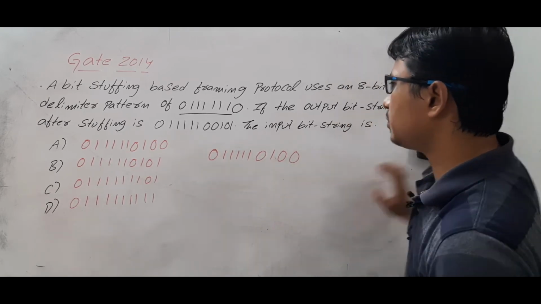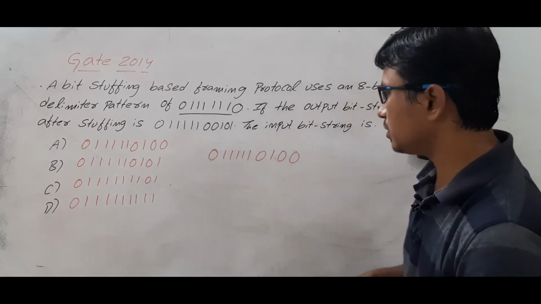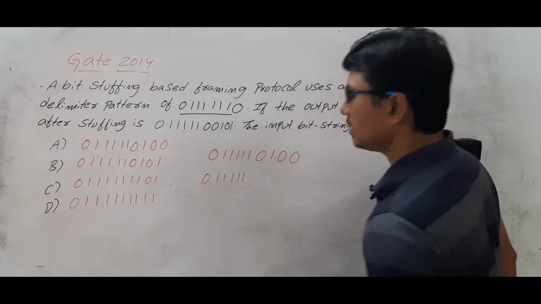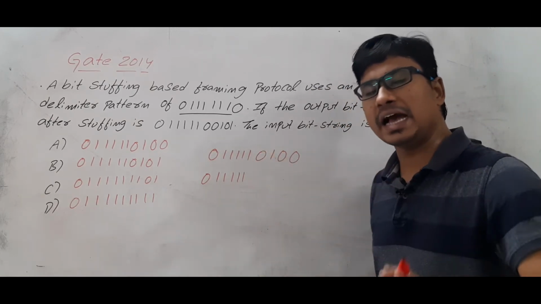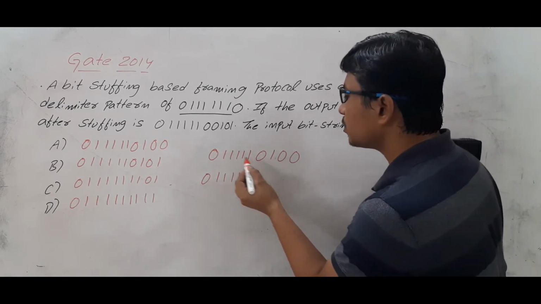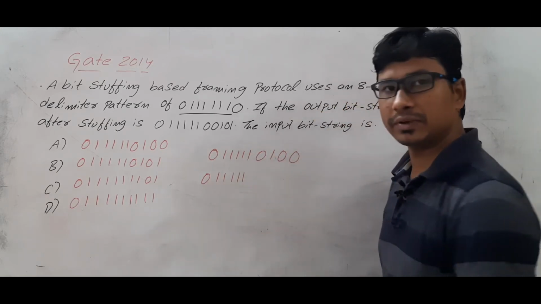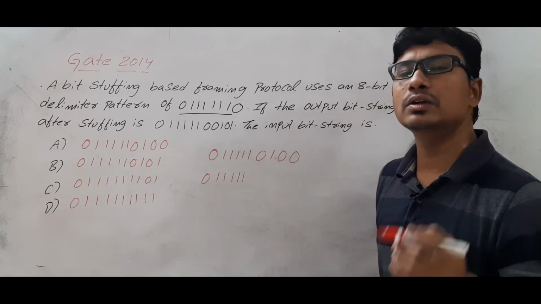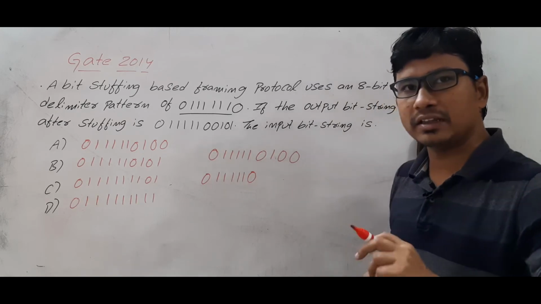What is the first input we have taken? Option A is 0, 5 ones, 0, 1 0. Now if you see 0, 5 ones, and after that a 0 comes, if the sender keeps it as it is, then what will the receiver do? The receiver will think that to end the pattern as 0, 6 ones, he has kept the 0, so the receiver will neglect it and receive the remaining pattern. So to avoid that problem, the sender itself will keep another 0.